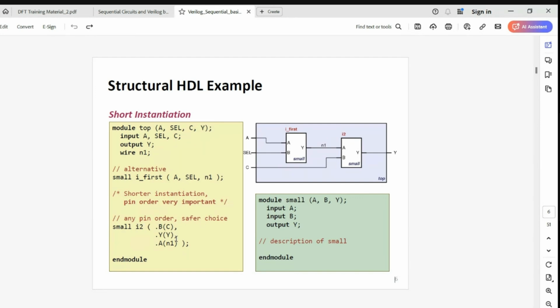Okay. Now, here you are writing A for A, N1, B, C. The C is going as input to B, and Y. Okay. In this example, you are understanding instantiation of one module in another module. You are calling this and using it. This is how you write